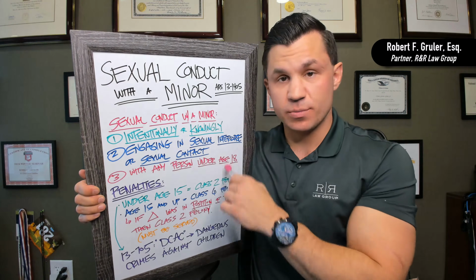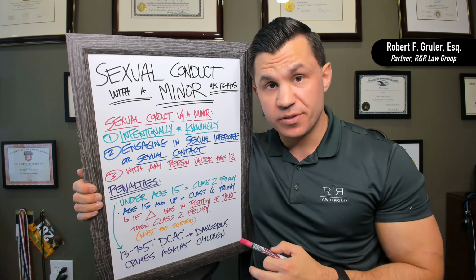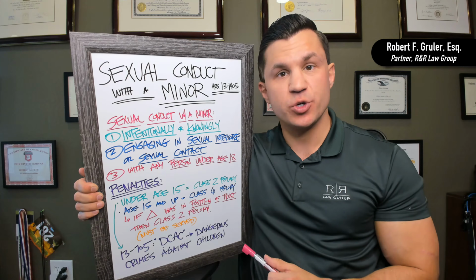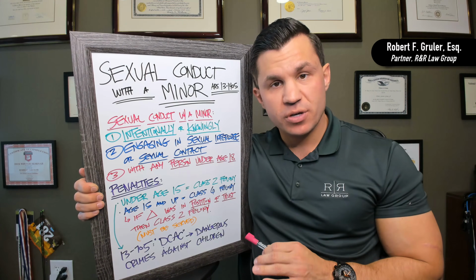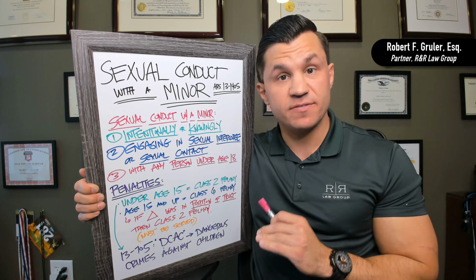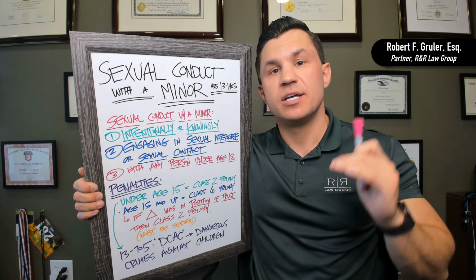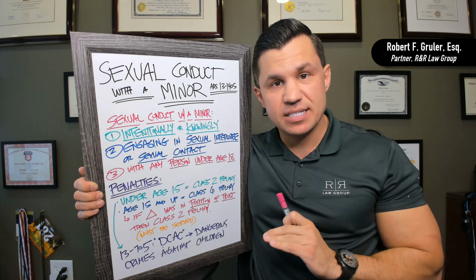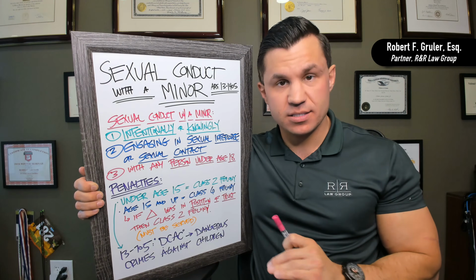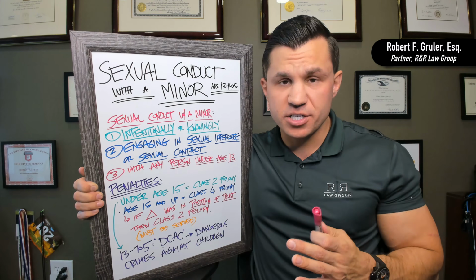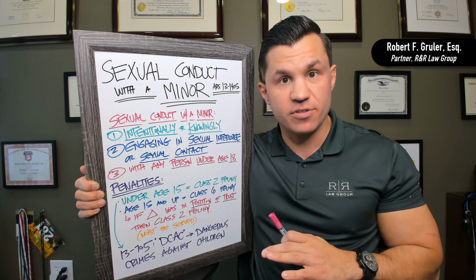So if all of these are met and a person is charged with this crime, what are the penalties? There's a big range. As a recap, in Arizona, we have 6 different classifications of felony offenses. Class 1 is at the top. It's the most serious. It's for crimes like murder. Class 6 is at the bottom. It's the least serious. It's for felonies, which are all very serious, but it's the least serious of them all.